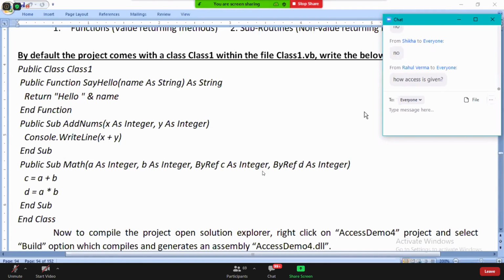If you are in the network, you will have access. If you are not in the network, no access. That's all. If all the systems are in the network, then you can access. But if you don't have a connection with that system at all, I cannot add access. You are at your home, I'm at my home. Do we have a network, Rahul? Then you cannot access my assembly.